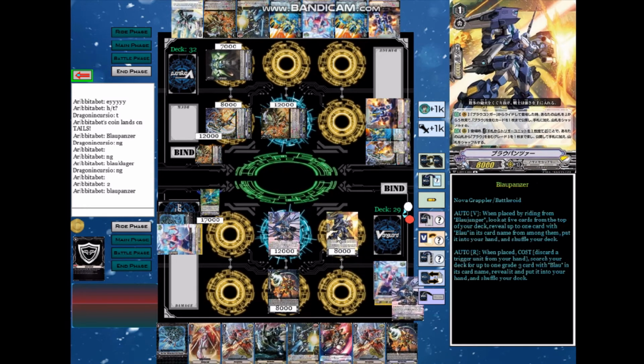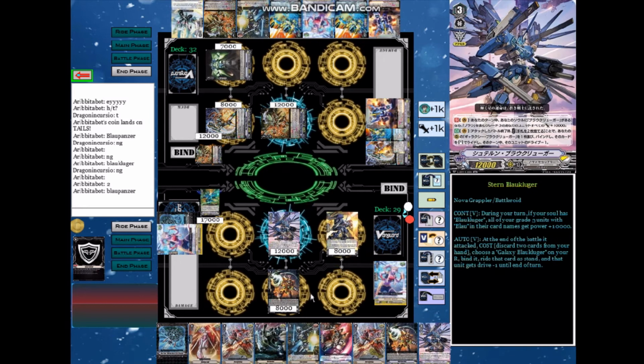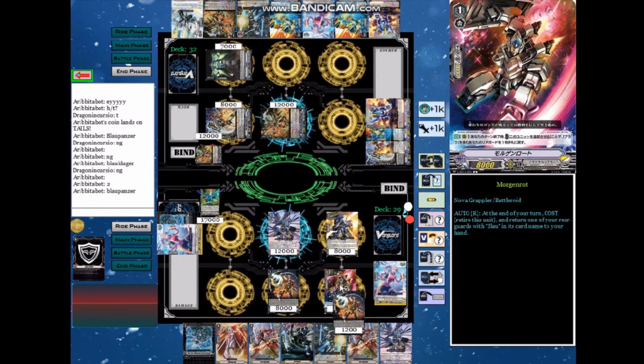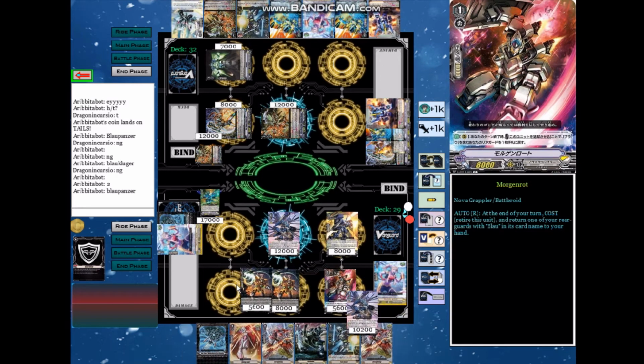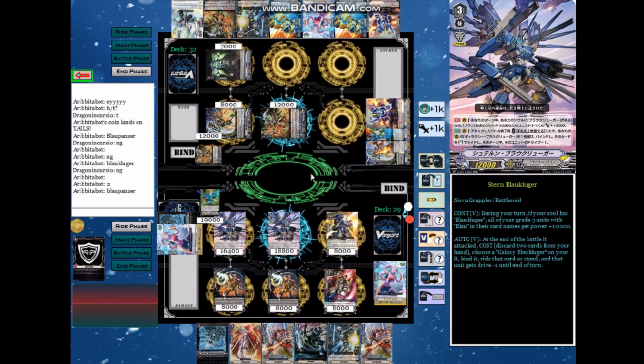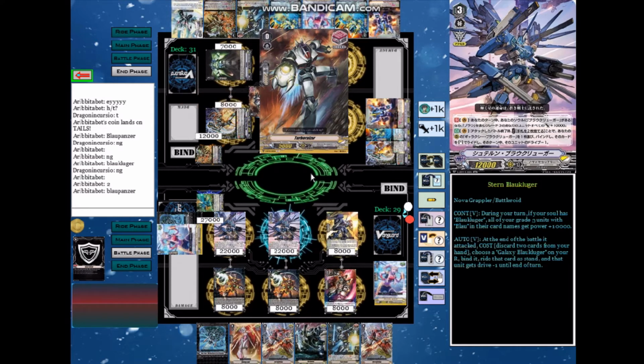I made a mistake here. I had to discard a trigger for Blau Panzer. I'm sorry. But I do call Morgenrot, Drill the Duel, and Stern Blau Kluger, and all of the front row Blau grade 3s gain plus 10k. So now we've got 2